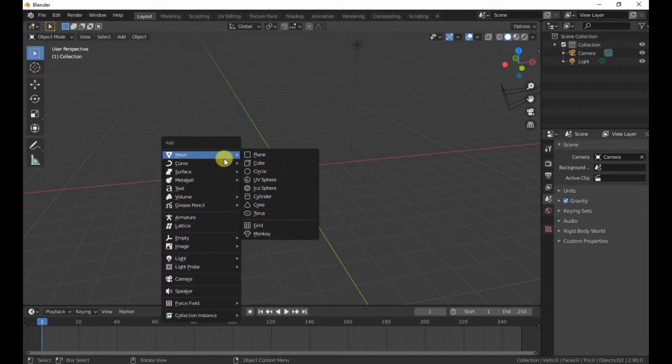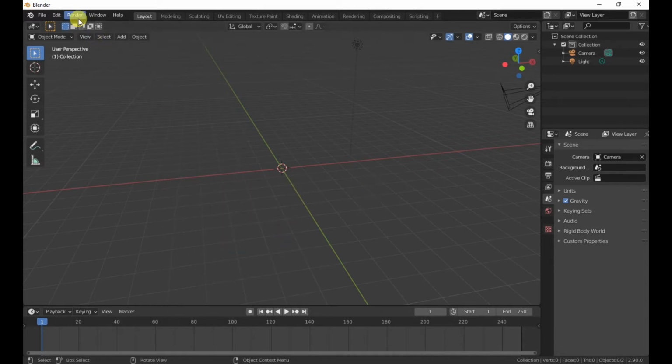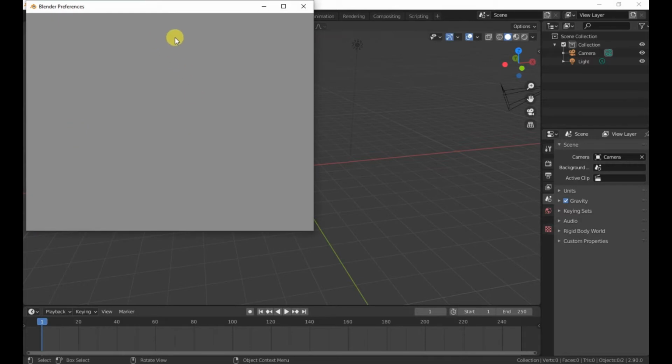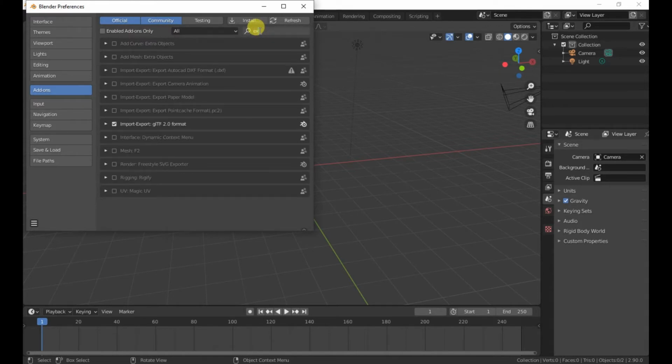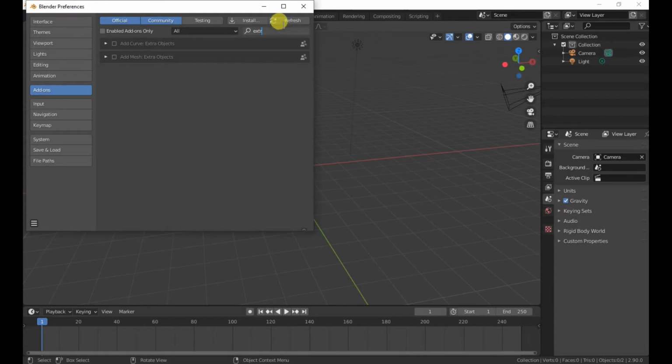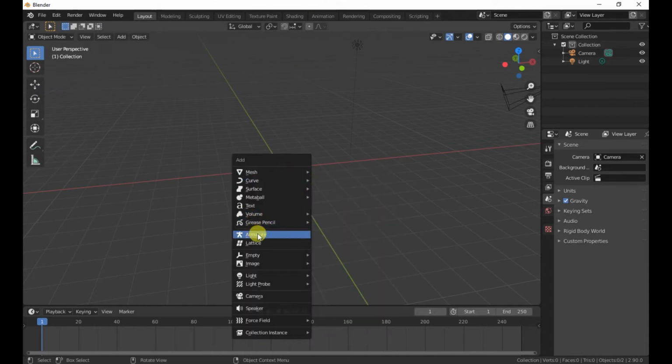If you hit Shift A in your mesh, I don't think it's added by default. Nope. So if we go to Edit, Preferences, and go into your add-ons folder, which is already highlighted, let's add Extra Objects. Let's see if it's installed in this one. Yeah, here we go. This Add Mesh, just check that on. I'm using Blender version 2.9. That's all you've got to do. It's checked, hit the X, and now when we hit Shift A, we should have